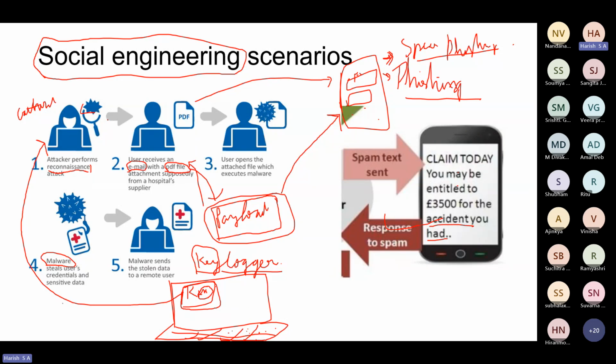This keylogger, you have many commercial software as well. Commercial means it has already been created and it's being sold. Generally, these software are available for some amount of money, and you can set this up on somebody's system as well. Or you could create your own keylogger using Python.